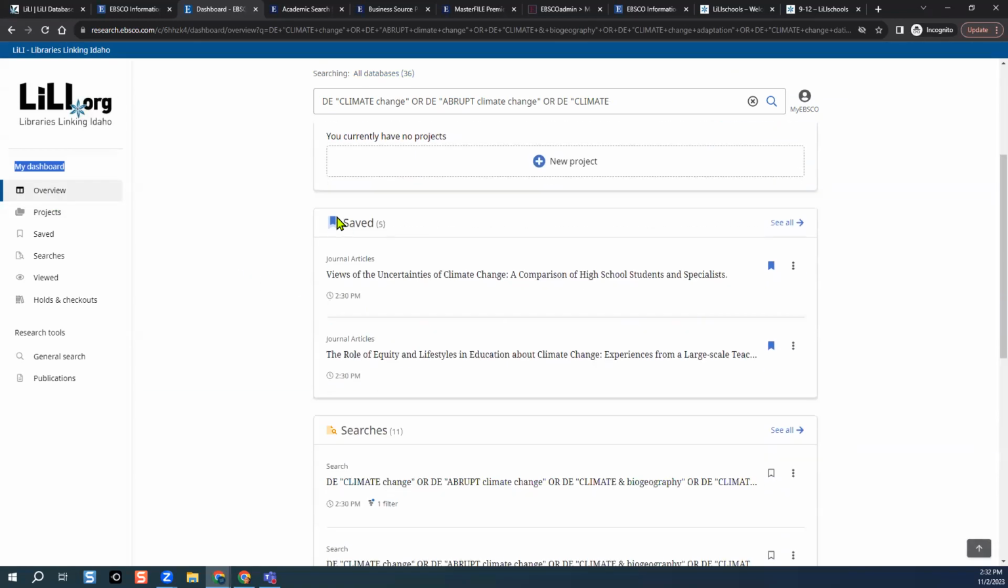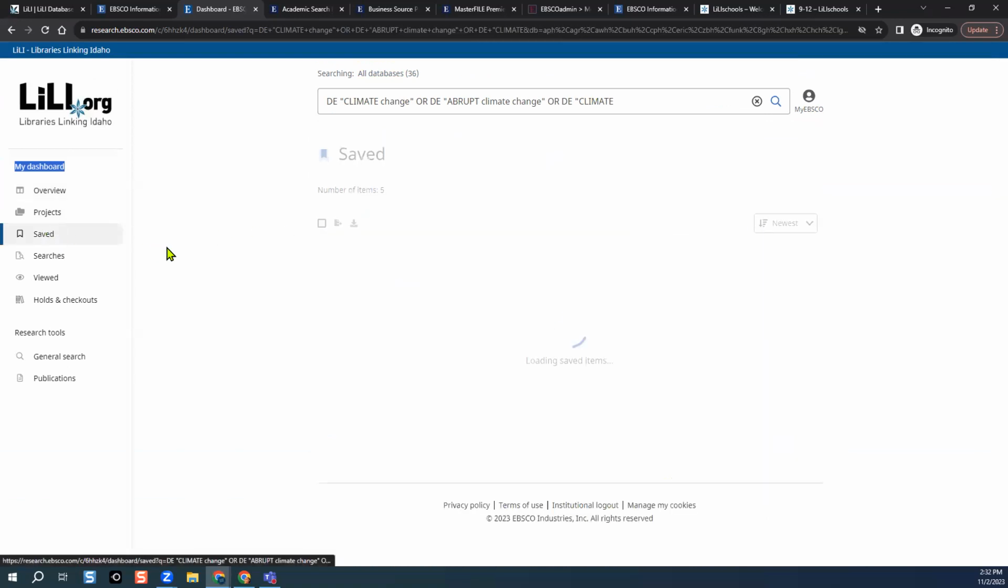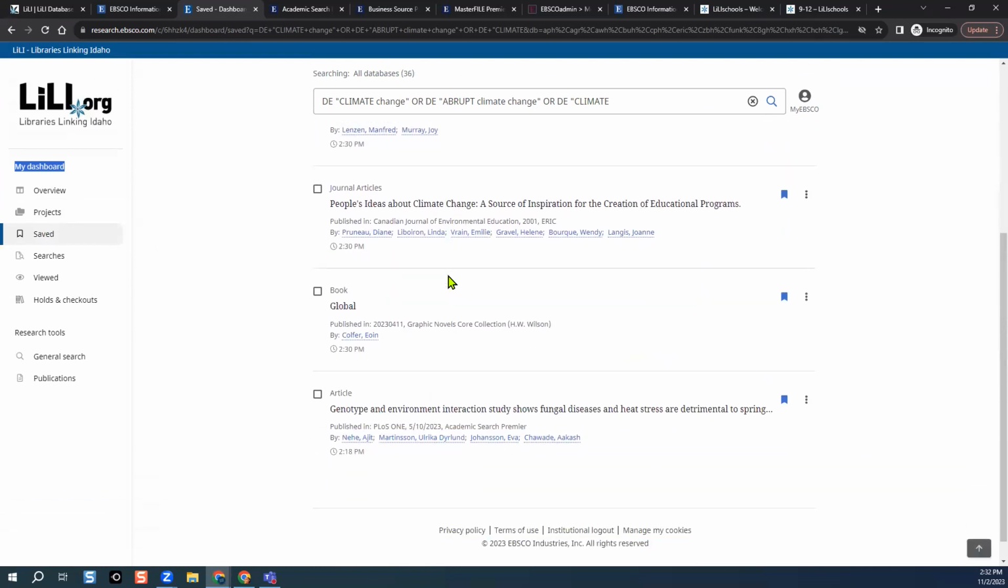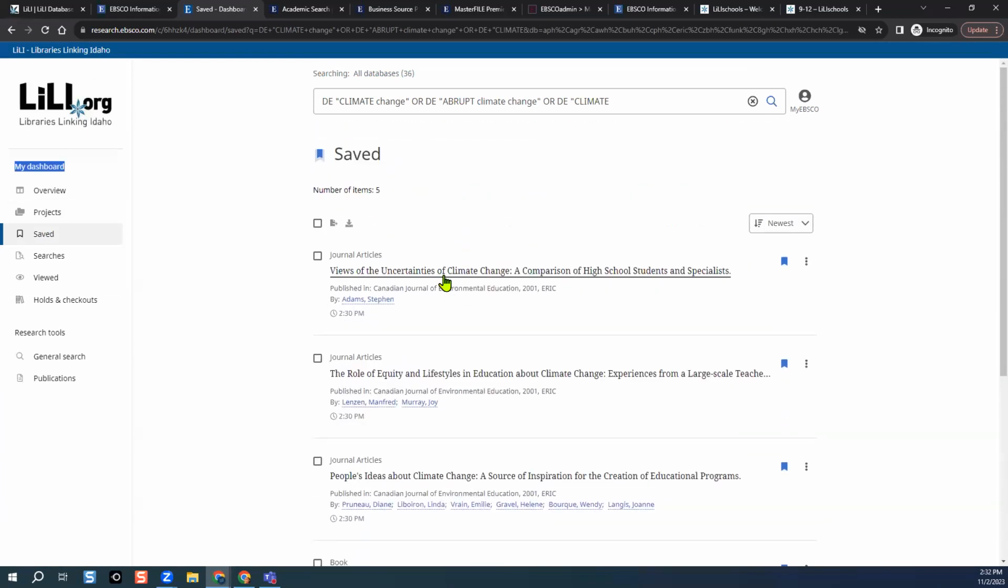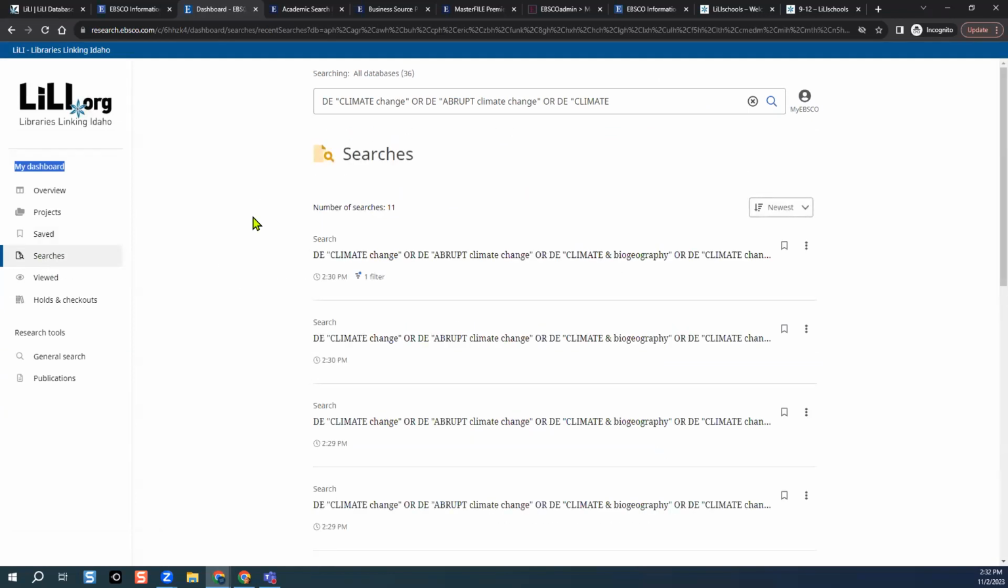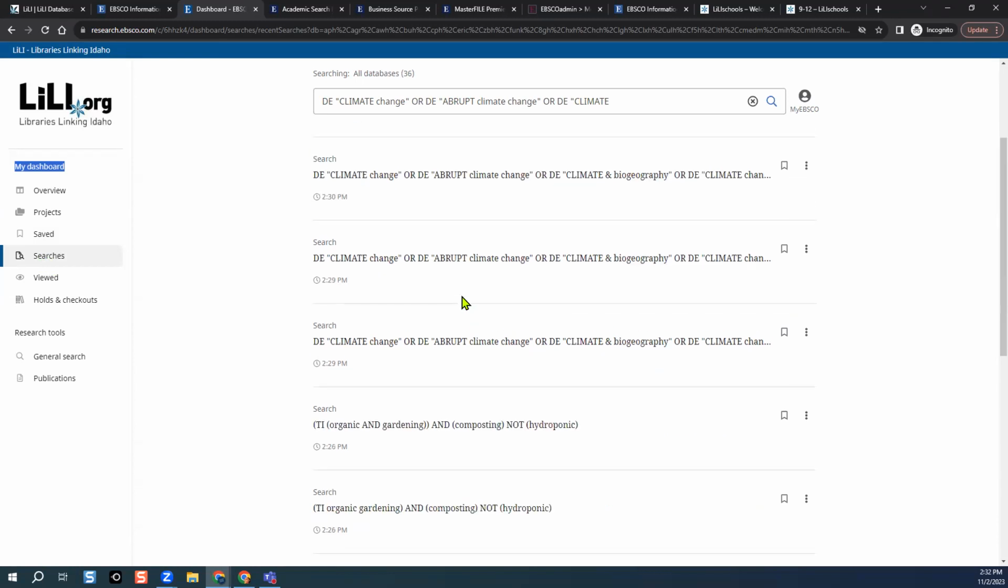And we can see that we have saved 5 resources. 2 are listed here. If we want to see them all, we would click the See All link, or we can go over to the saved subfolder for our dashboard and see the saved journal articles and ebook that we have access to. If I wanted to take a look at the searches I've conducted, I conducted 11 searches today,